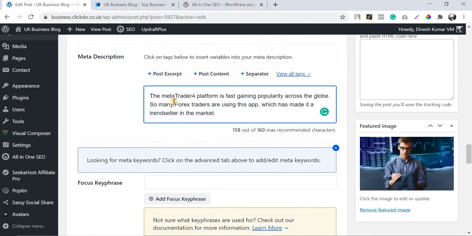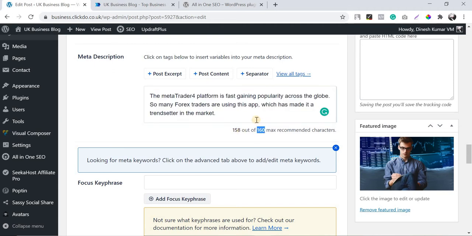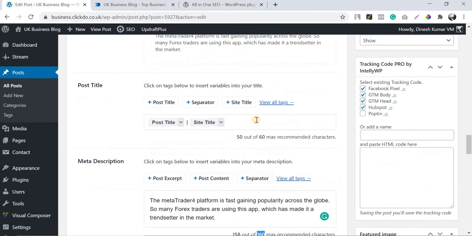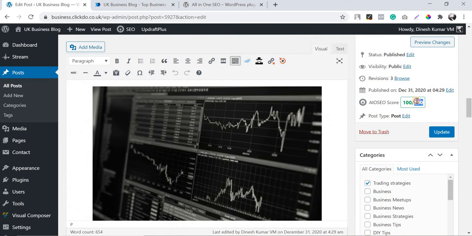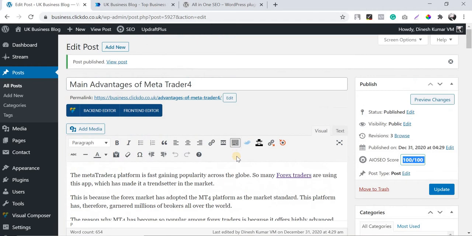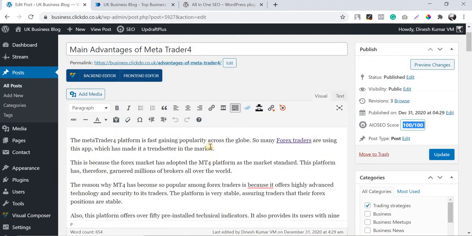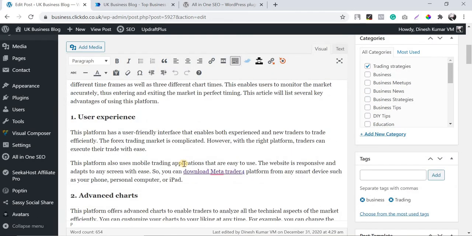So next is the meta description. When it comes to the meta description, make sure that it is not more than 160 characters. If you're working in on-page SEO, these are the basic things you will always be aware of. To make this SEO score 100% perfect, we should go deeper into the on-page by giving internal links, external links, heading tag optimization, and image optimization factors. So far I have told you about the title tag and meta description. These two things which we have spoken about are very basic to on-page SEO.